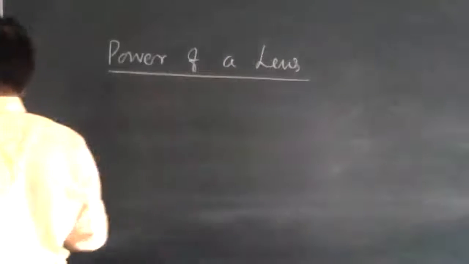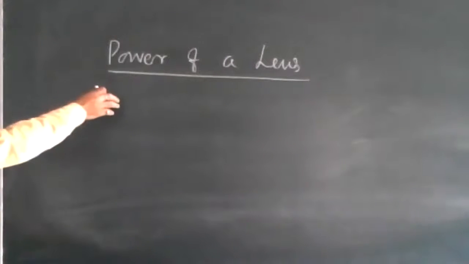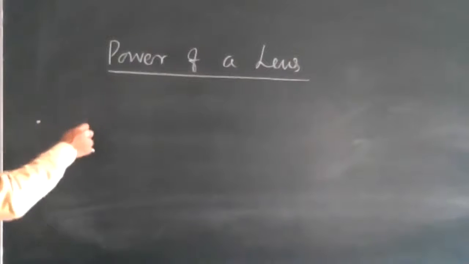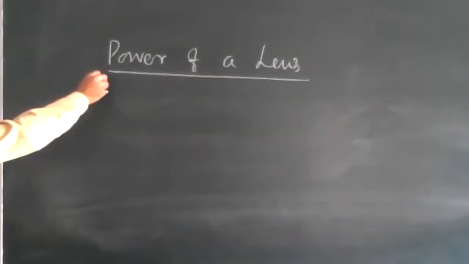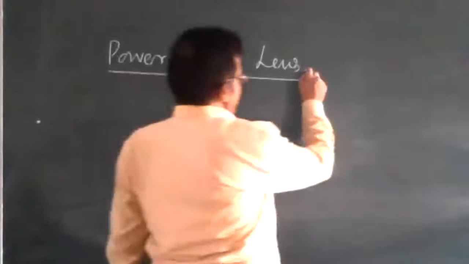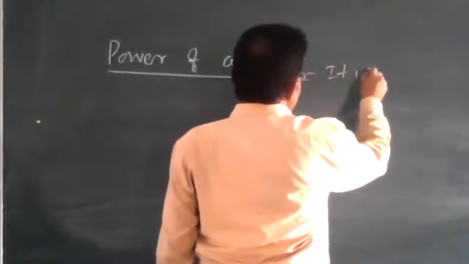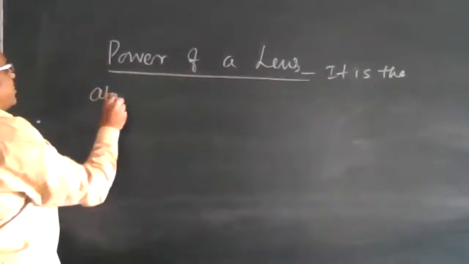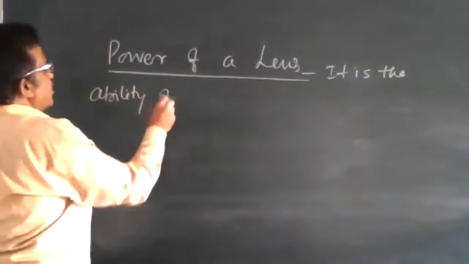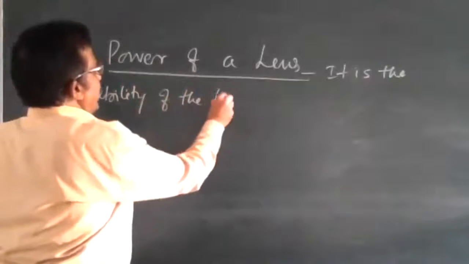What does it mean? Power of a lens is defined as the ability of the lens. It is the ability of a lens